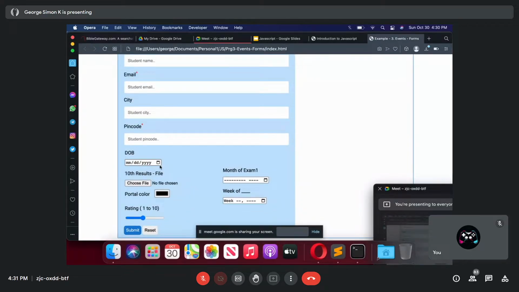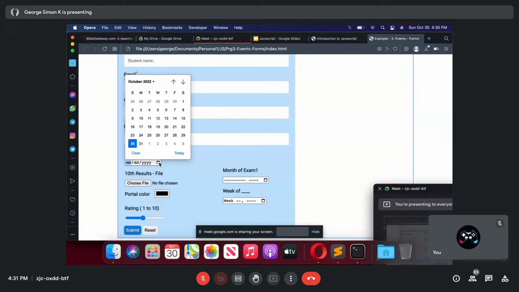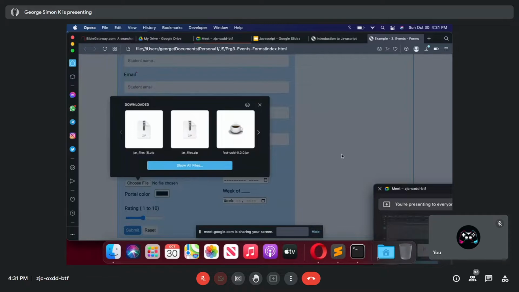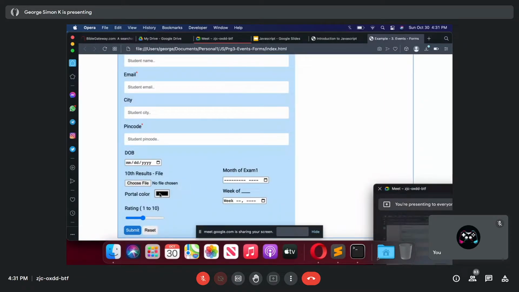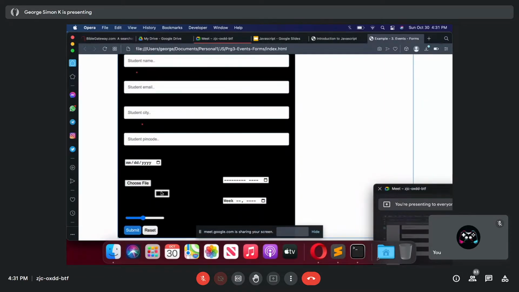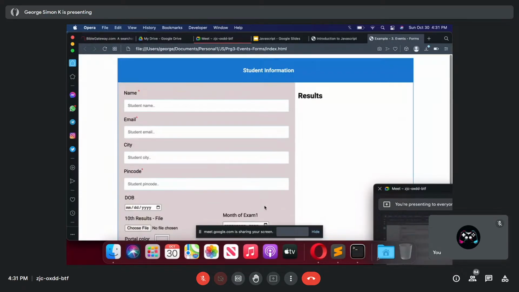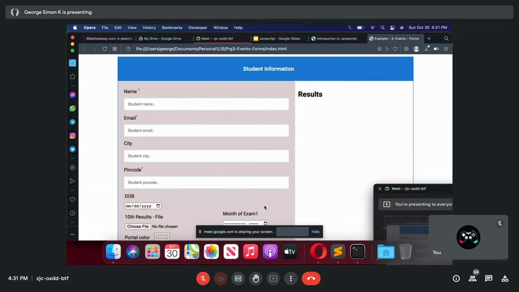And then we have date, input type file, color, then rating, month, week. My page was full, otherwise I would have added a drop down, that is select and option, checkbox, the radio button, etc.